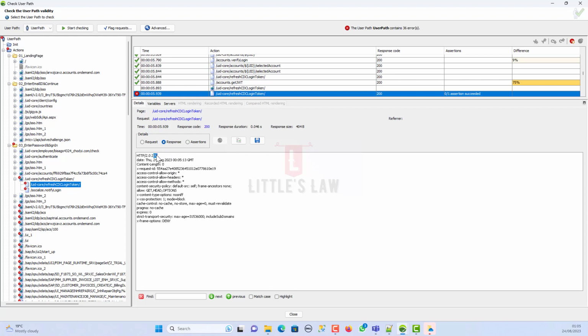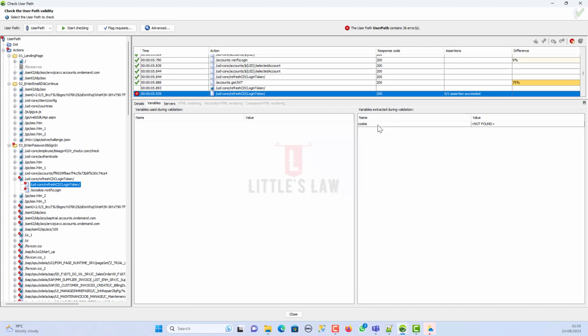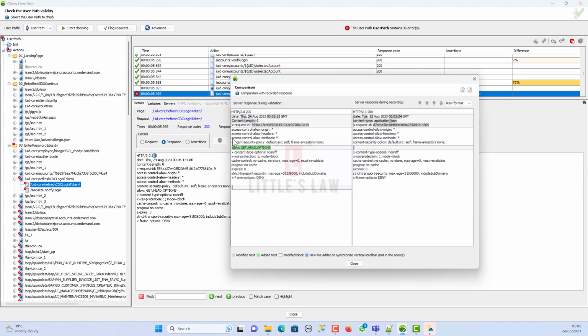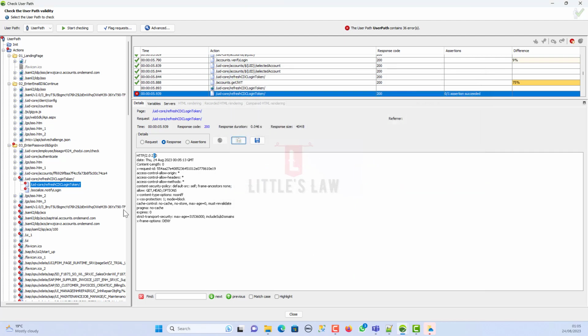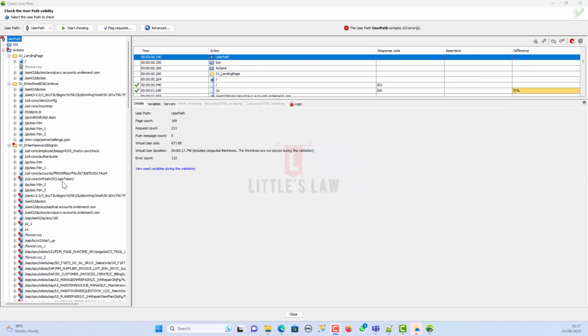So now the response turned to 200, but still I do not get the variable which I must get. So I'll have to fix that value. So the fix needs some more time. So I will break this into the second part. So we'll see that in our next video, and I will show you how to create the